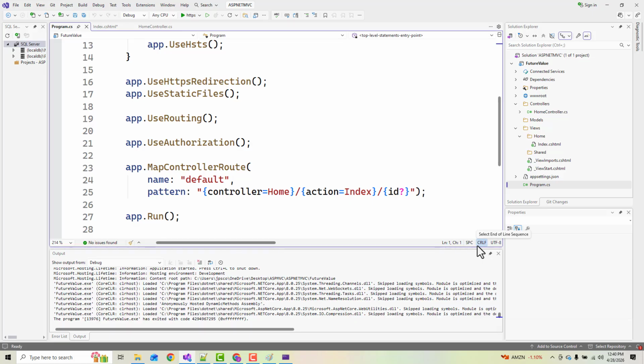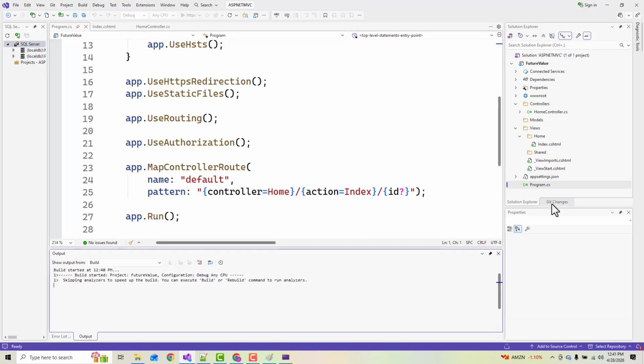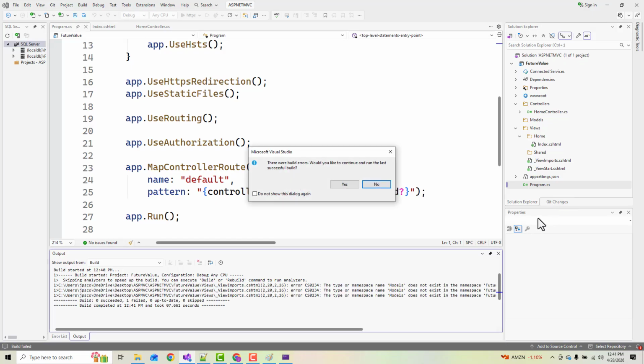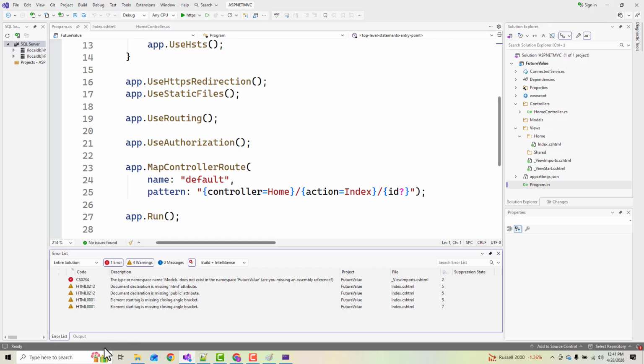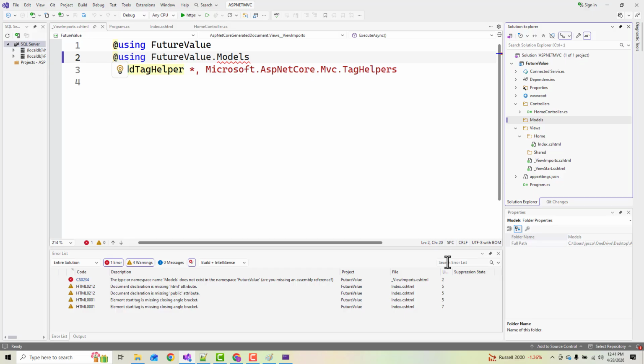All right, now hopefully, let's see, we should be able to save this and run it. Hopefully we're not going to get errors. If we do, we'll have to debug them. Of course, we got errors. It says Models does not exist in the namespace. Are you missing a reference? Well, there's Models. It is there. But in this view imports,